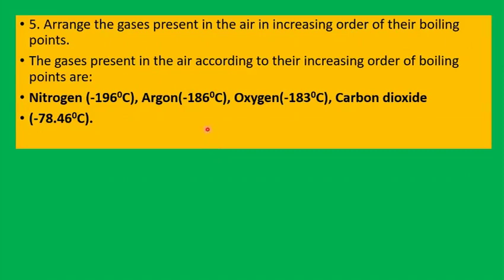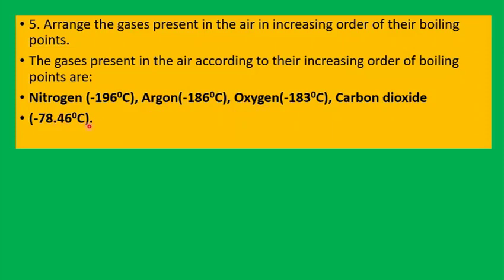Now, in which order can we arrange the gases present in the air in the increasing order of the boiling point? Increasing order means it should be from lowest temperature to highest temperature. So nitrogen is the first one at minus 196 degrees Celsius. Argon is the next one at minus 186 degrees Celsius, then oxygen at minus 183 degrees Celsius, and carbon dioxide at